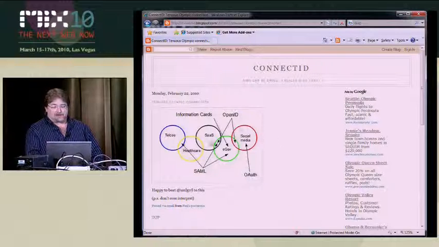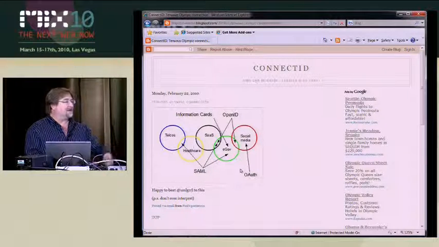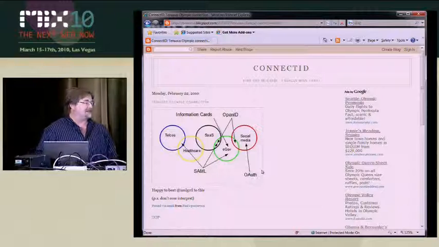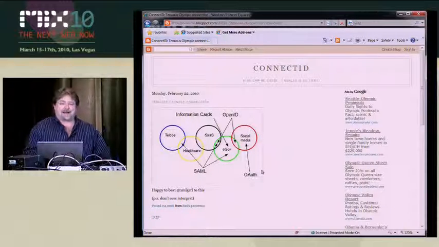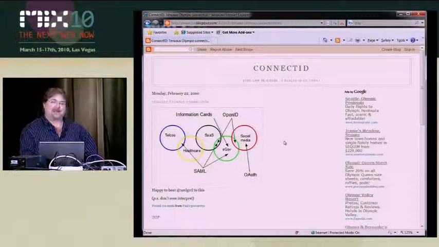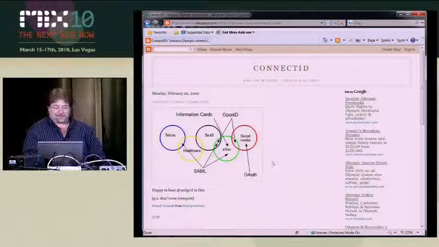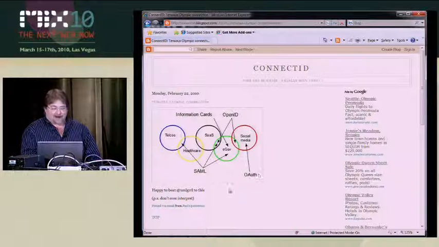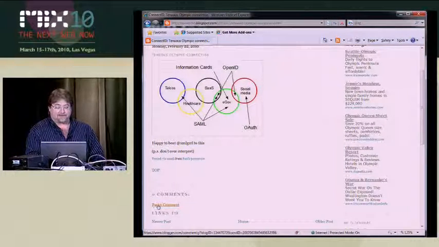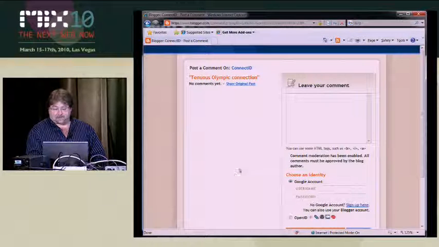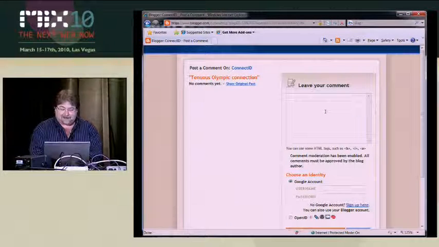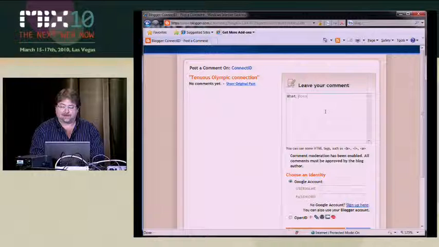So Paul, without going into all the humor, there's all these Venn diagrams in the space trying to show how everything relates to everything else. And he made an Olympic Venn diagram during the recent Olympics. So I think I want to say something to Paul about that. I'll make a blog comment. So post a comment. I'll say to Paul,